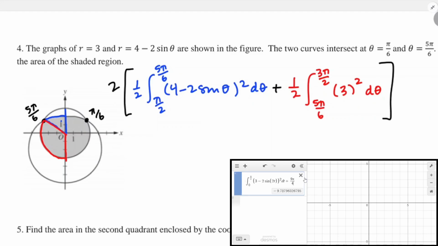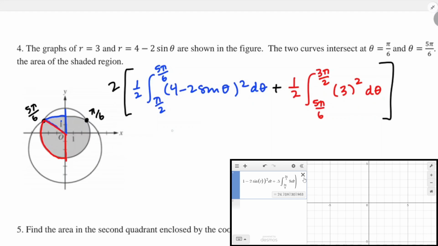Okay. So I'm going to have 2 of the integral of half the integral of pi over 2 to 5 pi over 6. Plus 1/2 the integral. All right, yeah,